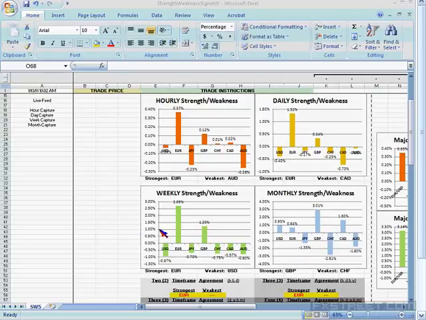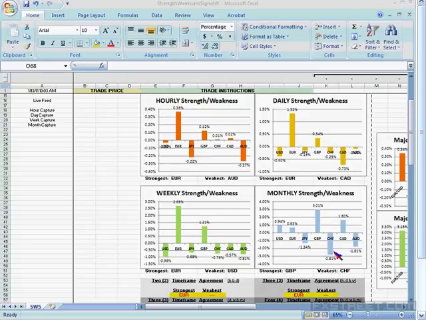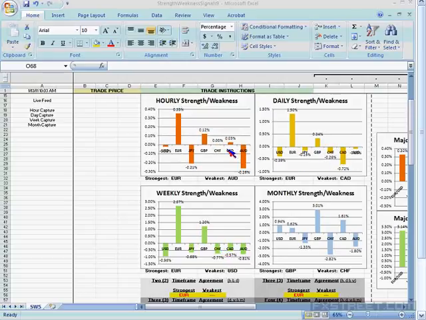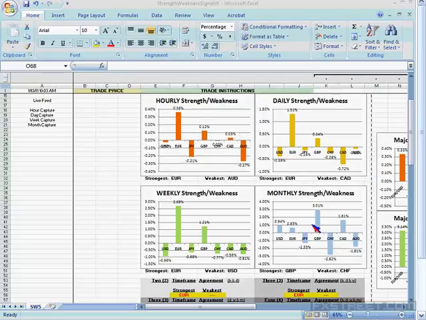So we take a look at this, and we can see lots of strength in the euro, and also, especially short-term, lots of weakness on the yen. Then we have the Swiss franc very weak on the monthly. The Swiss franc is weak on the weekly and also on the daily, and it's sort of wavering on the hourly. So I'll talk about this in a second.